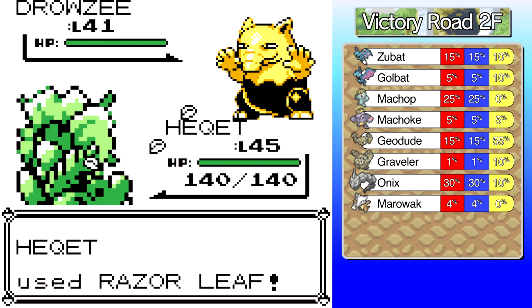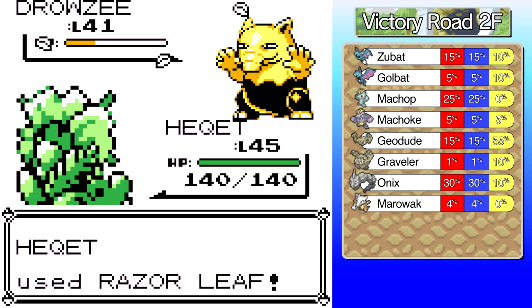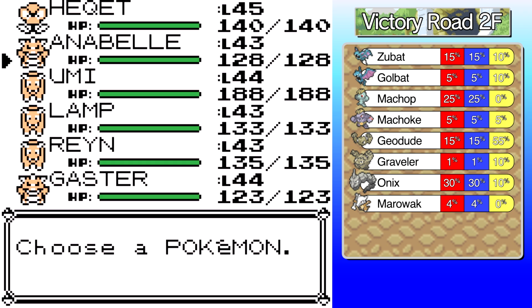Couldn't even be bothered to bring a Hypno to Victory Road. Are you hoping to face the Elite Four? Because if so, just evolve that guy, man. He's been begging for it for like 20 levels now. Oh. He took my advice. Finally. God,